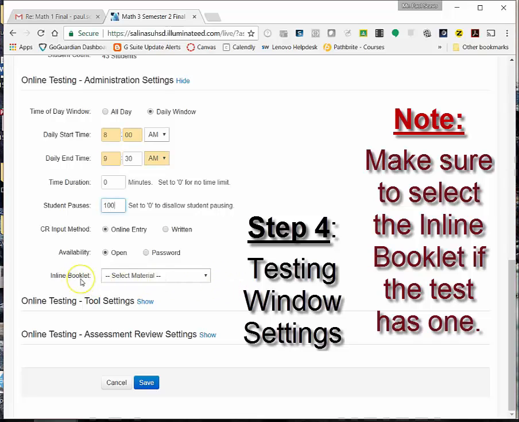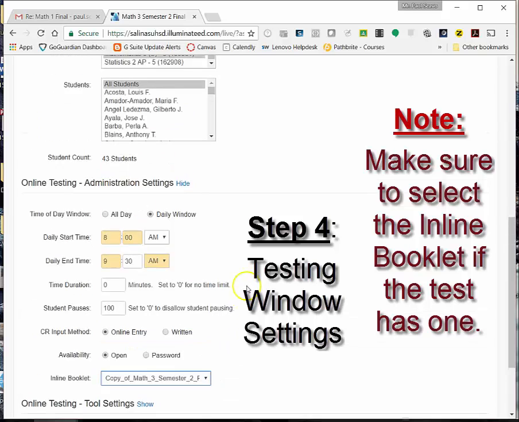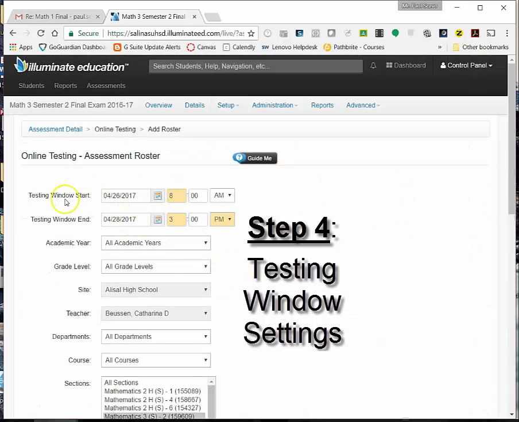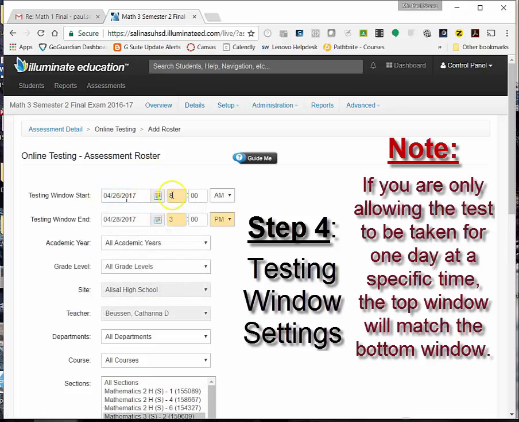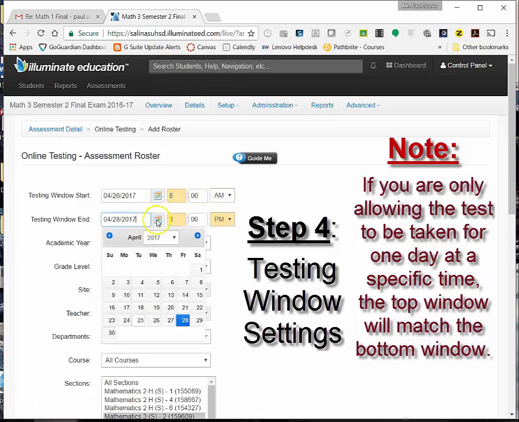Now, if your test has an inline booklet, meaning that it has an upload from the district, you want to make sure to select that material here. So I'm going to go back to the top. My testing window is going to start on this day, Wednesday. It's going to be visible at 8 a.m. The end is going to be